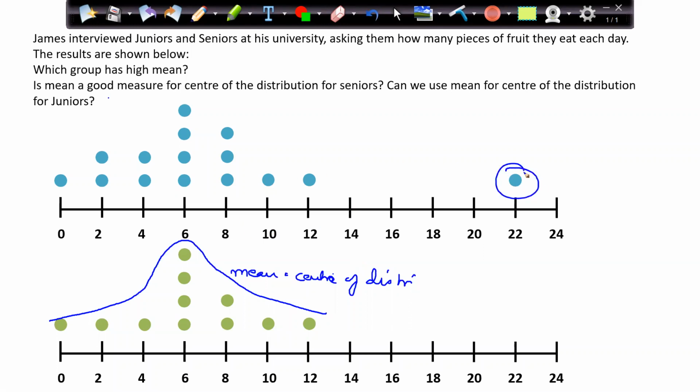But because of this outlier, I may be restricted for the juniors, right? Can we use mean for juniors? I cannot, because of this guy. Because of this guy, my mean is shifted a little bit to the higher side. Obviously there is not much impact because there was only one record, but yes, there was a little bit of impact which we can see. So for seniors, I can go with the mean. I don't have any issues with that. But for juniors, I may prefer to go with the median rather than the mean.